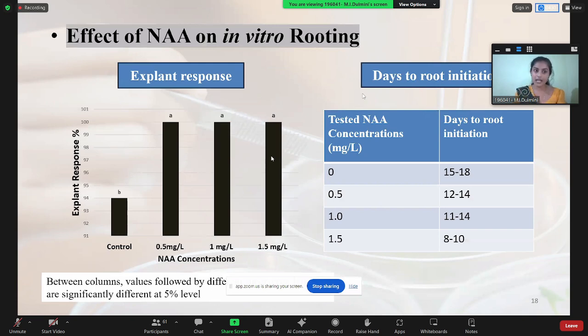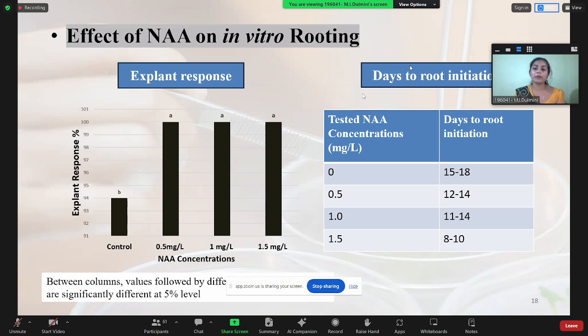Now we will discuss the effect of NAA on in vitro rooting. As usual, we go for the explant response. Here you can see that with the addition of the NAA, all tested NAA concentrations gave the higher response percentage, which is 100%. And the control treatment gave only a 94% response rate for the rooting. And similar